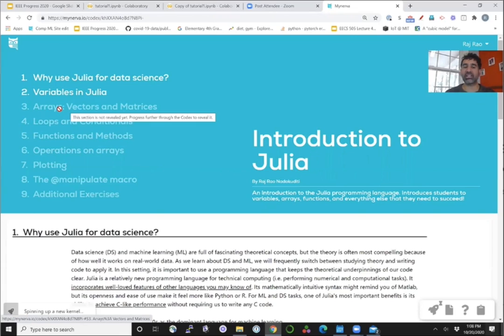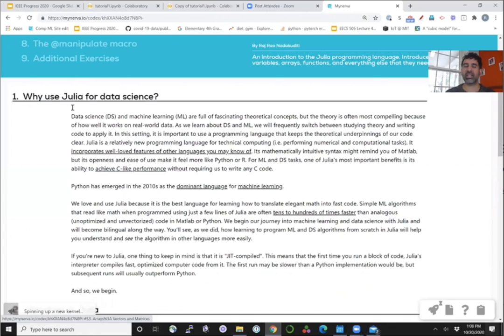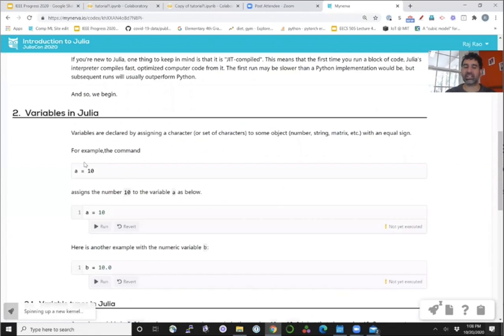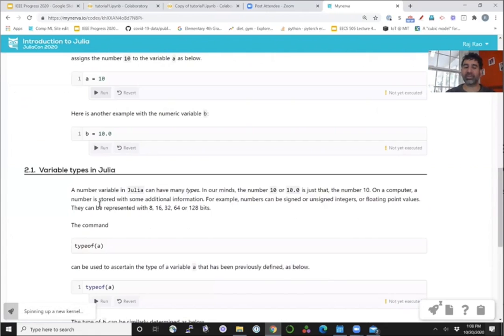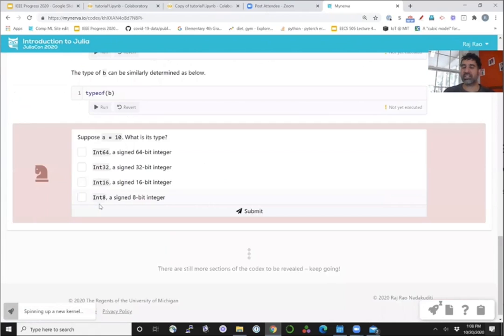But here's where it starts looking a bit different. You notice that when I try to click on sections 3 to 9, I get this stop sign looking thing, and it says this section is not revealed yet. Progress further through the codex to reveal it. Okay, what does that mean? You can read some of it, and just like before, you can run stuff to be able to do it. But here's the important